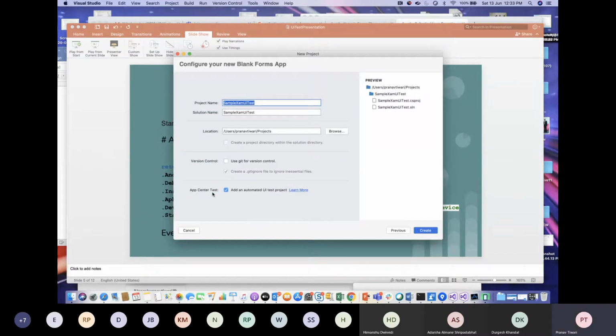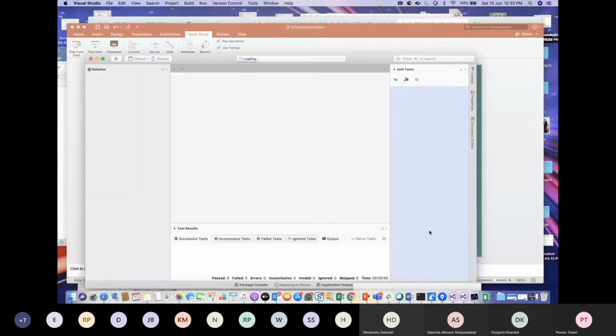Here we are getting an option to add App Center test, that is automation UI. So we have clicked it. So a solution has been created.